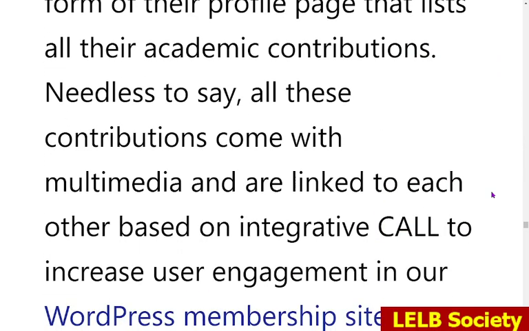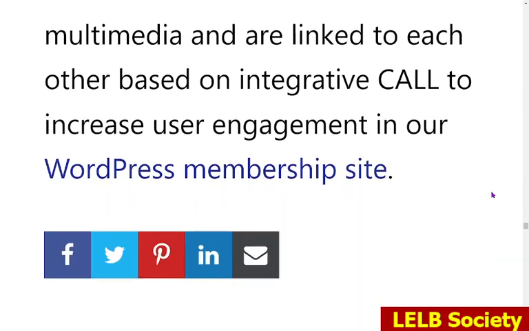Needless to say, all these contributions come with multimedia and are linked to each other based on integrative CALL to increase user engagement in our WordPress membership site.